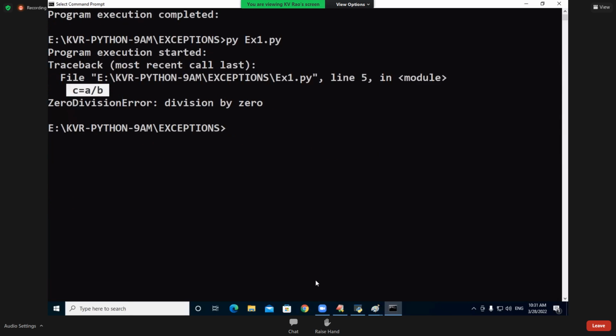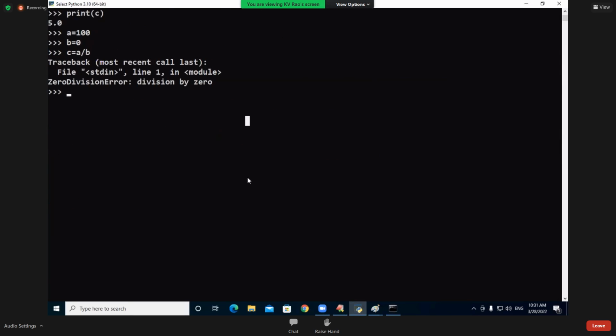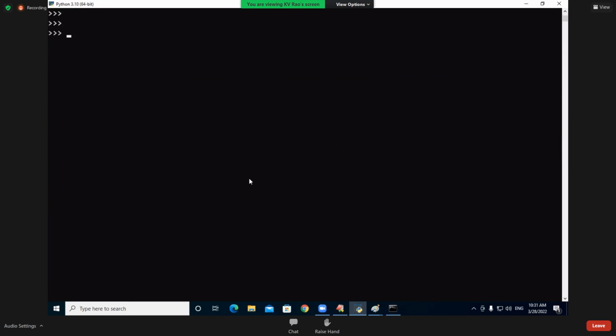One more example, let me go. In this place, at the command prompt level, A is equal to KVR within the double quotes. Now I am trying to convert into B is equal to int of A. Am I able to convert that value of A into B? Beginning level conversions I told you. Is it able to convert? No, because the pure strings cannot be converted. It is called one error, one exception.